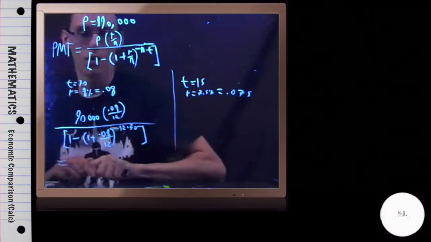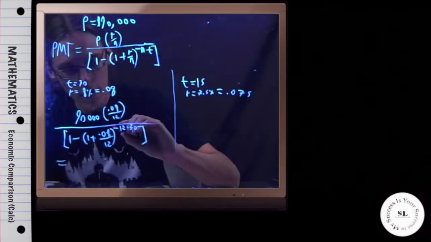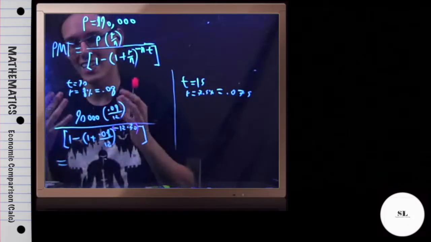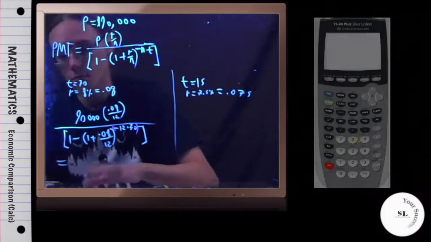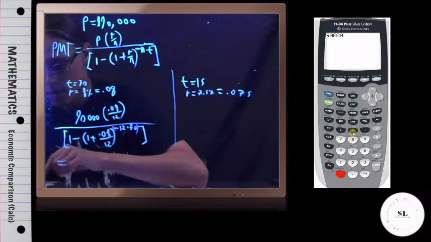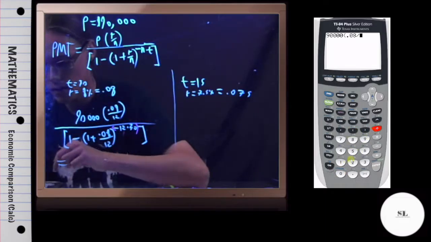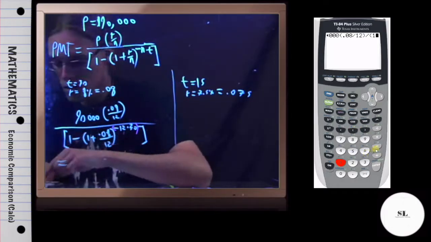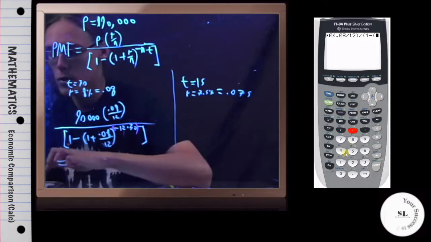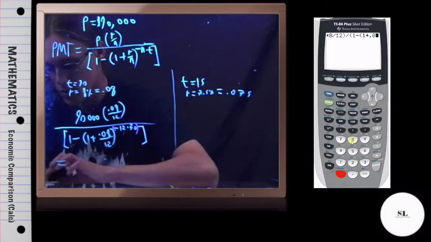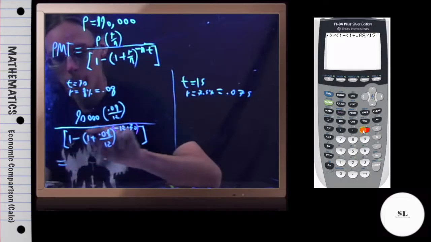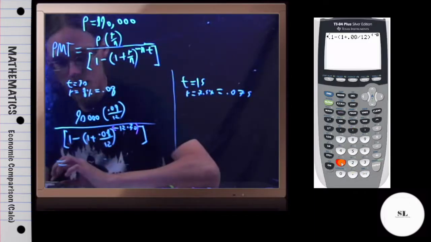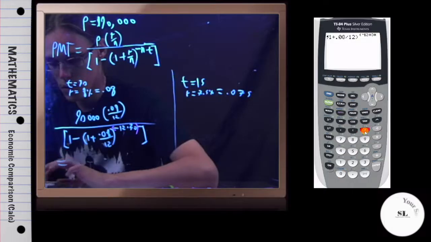And I do like to do parentheses around any exponents like this as well. They may or may not be necessary depending on what calculator you're using, and that's exactly why I want to make sure to use them. So, 90,000 parentheses 0.08 divided by 12, close these parentheses, divide, open new parentheses, 1 minus, open new parentheses again, 1 plus 0.08, divide by 12. I'm going to close these parentheses, exponent, and I'm going to put parentheses around this, negative 12 times 30, close